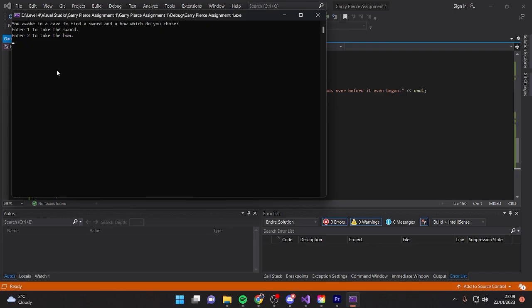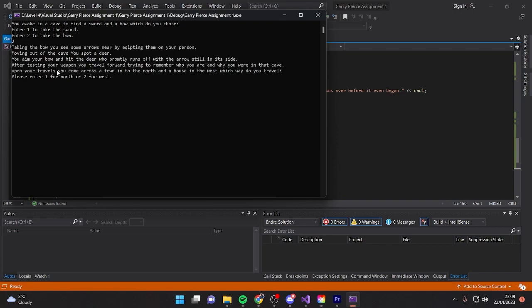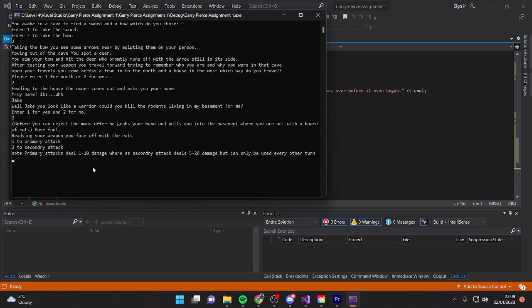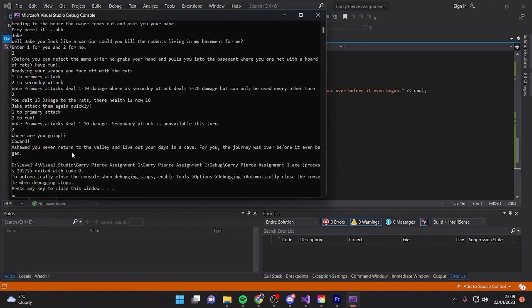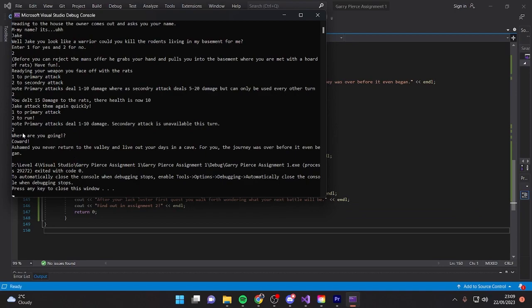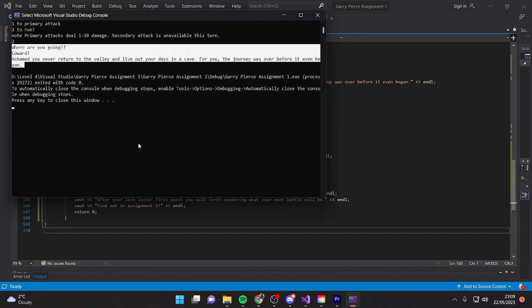So showing the other way now, if we press 2, you get the bow. See there. Press 2 for the west. It's a slightly different story. Type in a different name. You see the name's changed there. No, we don't want to kill the rats. 2 for the secondary attack. 2 for run. That kills you, you coward, and off you go. And that is